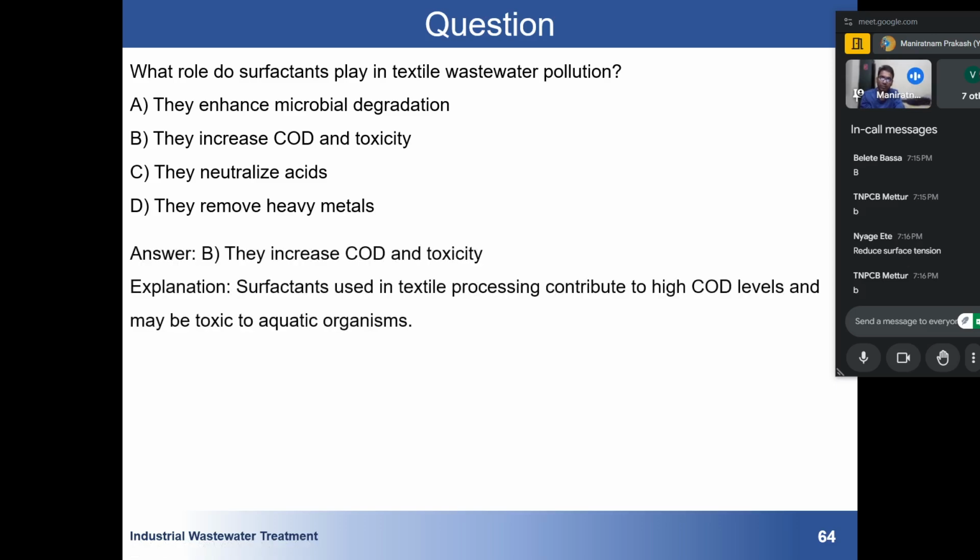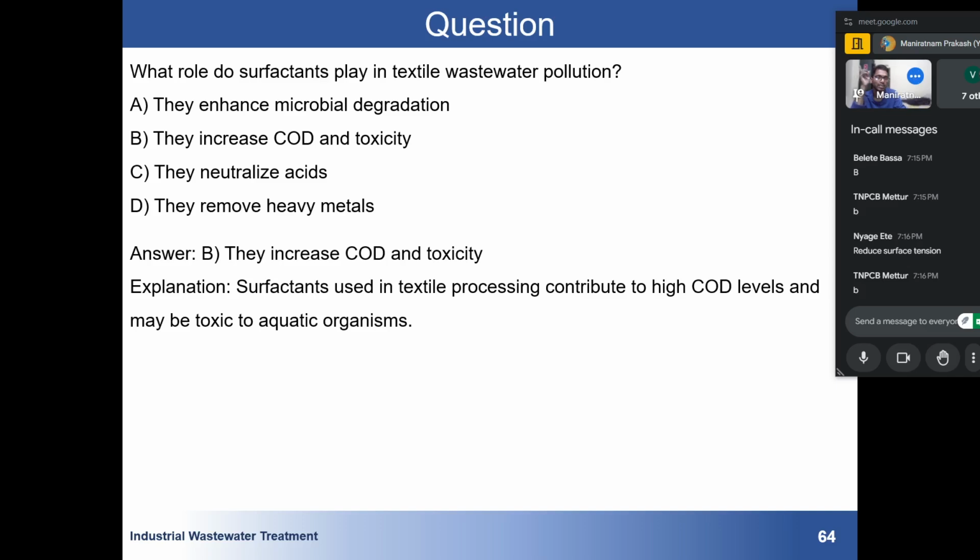Yes, the surfactants used in processing contribute to high COD levels, because generally surfactants are long chains of organic molecules. If we want to degrade these things, we require a high amount of oxygen, and they are also not easily degradable. If we want to remove them, we require more oxygen, and if something is increasing the oxygen demand, that is termed